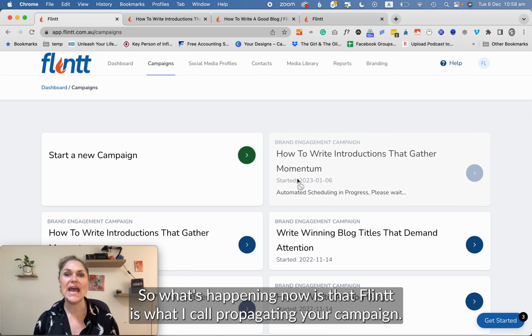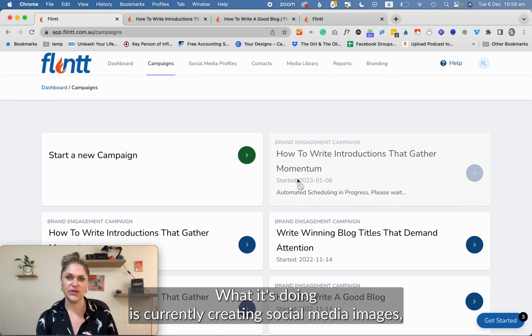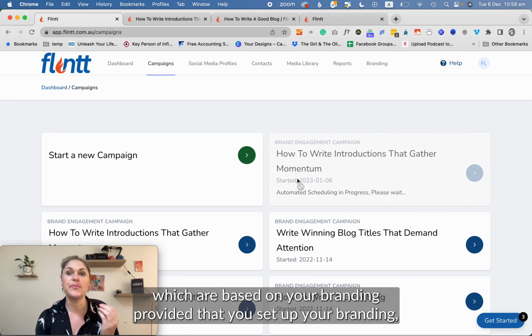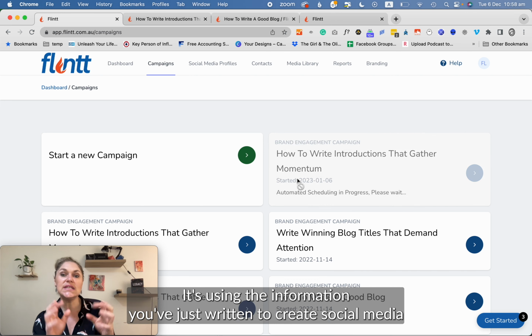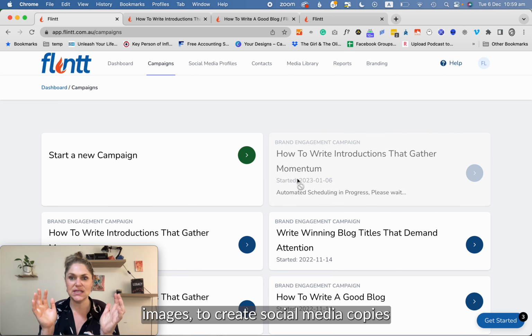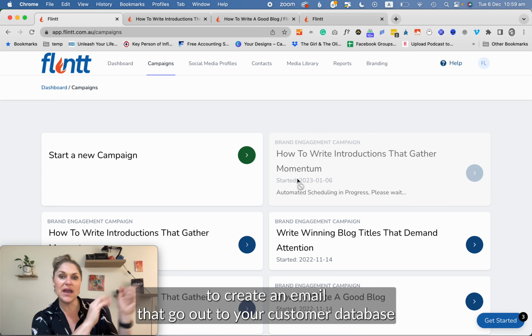So what's happening now is that Flintt is what I call propagating your campaign. It's currently creating social media images which are based on your branding, provided that you set up your branding, which are based on the template that you've chosen. It's using the information that you've just written to create social media images, to create social media copy, so the text that goes into your social media posts, to create an email that can go out to your customer database